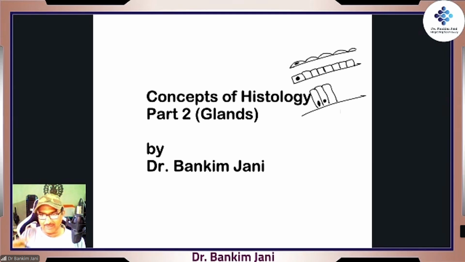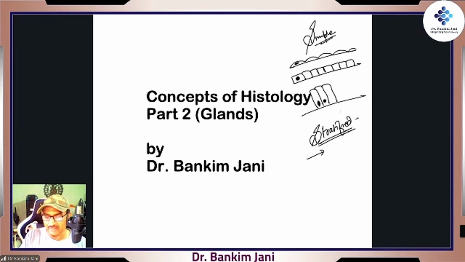So when there was one layer, we were calling it simple squamous, simple columnar, simple cuboidal. And then when there were multiple layers, we call them stratified. Stratified means anything which is arranged in layers. And the name of the topmost layer, accordingly the name is given. So it can be stratified squamous, stratified columnar, or stratified cuboidal. Right? So that's how everything was moving yesterday. And then lastly we talked about the transitional, especially in the case of, say, urinary bladder. When it is stretched, it is squamous, and when it is relaxed, it is cuboidal. Right?